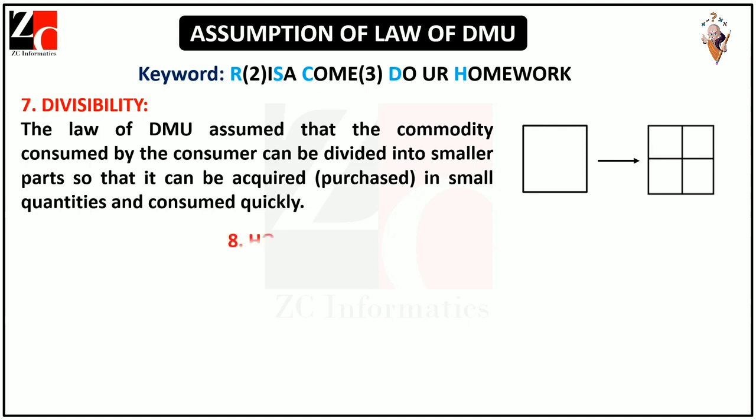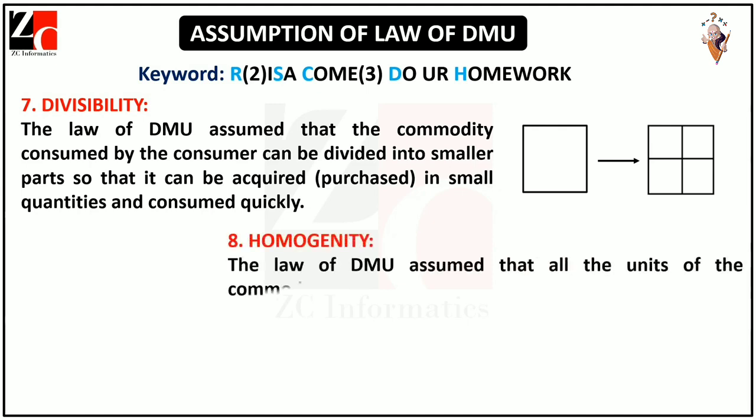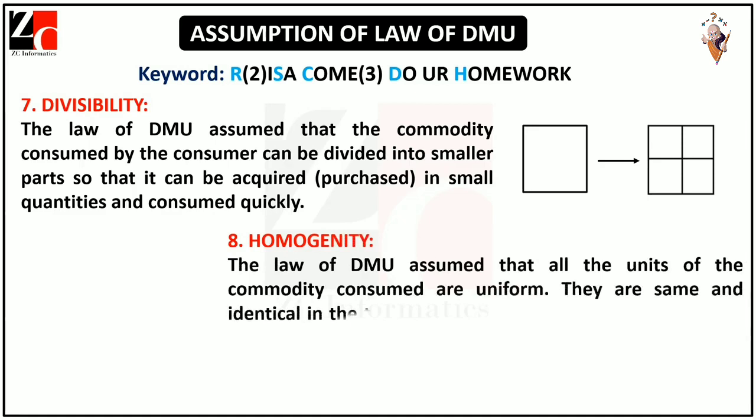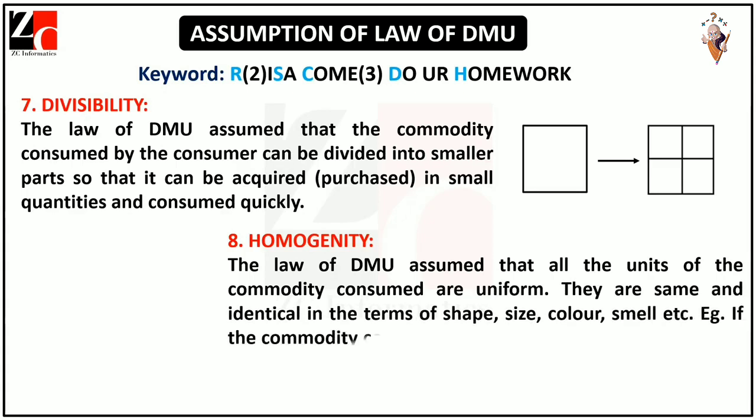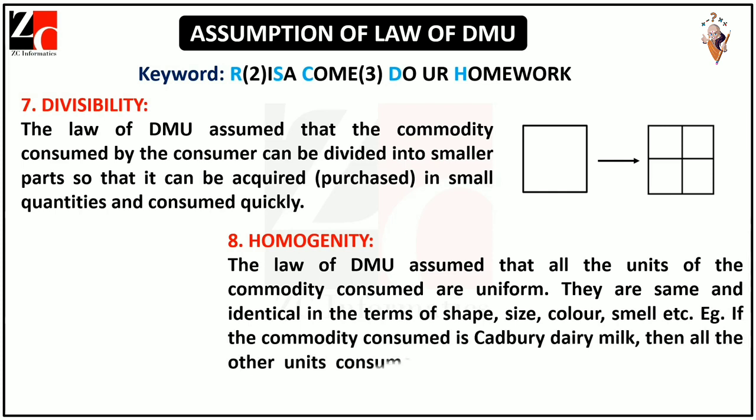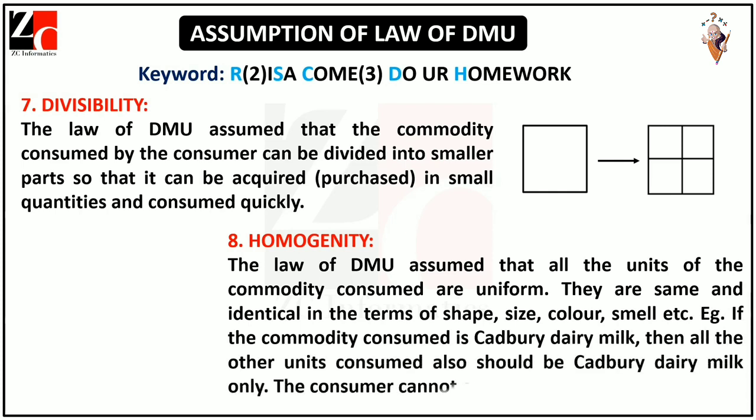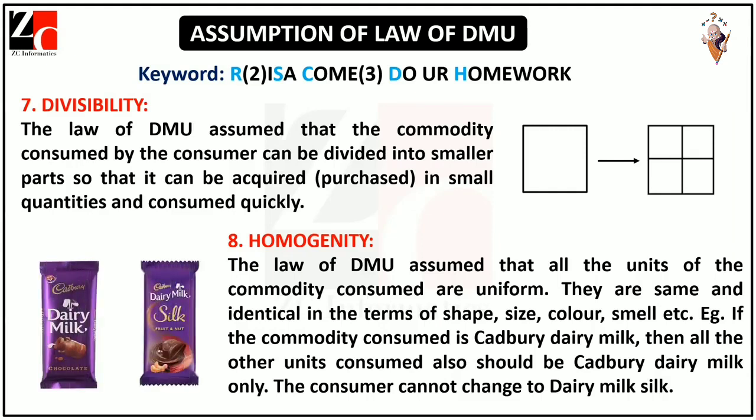Point number 8. Homogeneity. The law of DMU assumes that all the units of the commodity consumed are uniform. They are the same and identical in terms of shape, size, color, smell, etc. Example, if the commodity consumed is Cadbury Dairy Milk, then all the other units consumed also should be Cadbury Dairy Milk only. The consumer cannot change to Dairy Milk Silk. The law assumes that the units of commodity consumed